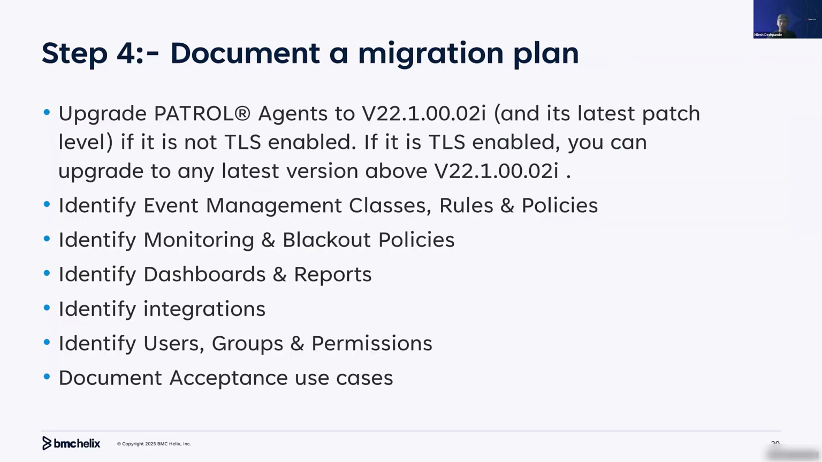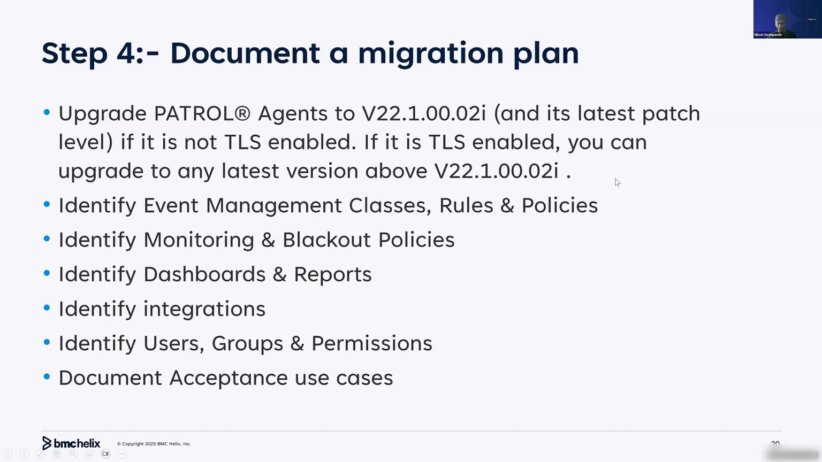So when you define the migration plan, one consideration would be upgrading the Patrol agents. Note down this version. We'll also be sharing the doc: you need to upgrade to 22.1.002 or its latest patch level if you are not TLS enabled. Otherwise, with the older versions, if it's not TLS enabled, it will not be able to communicate with BMC Helix. Whereas if it's TLS enabled, then you can upgrade to any latest version of the Patrol agent